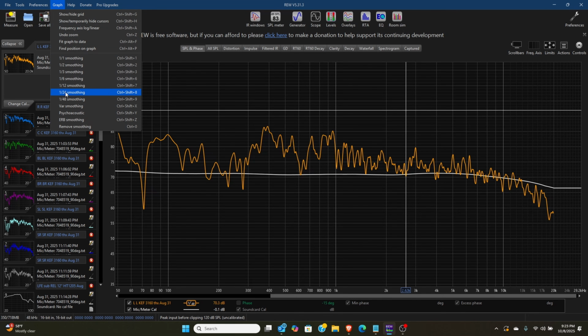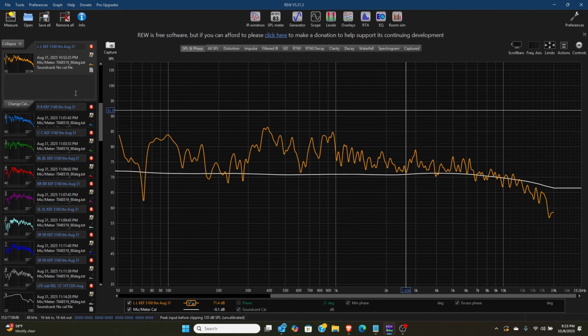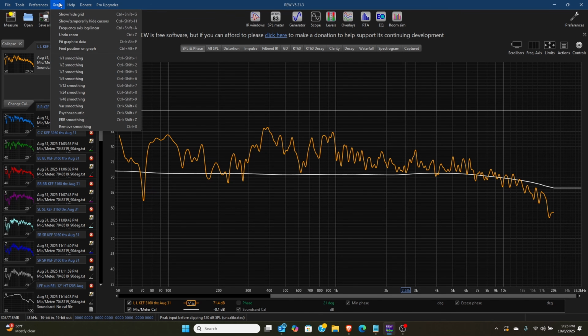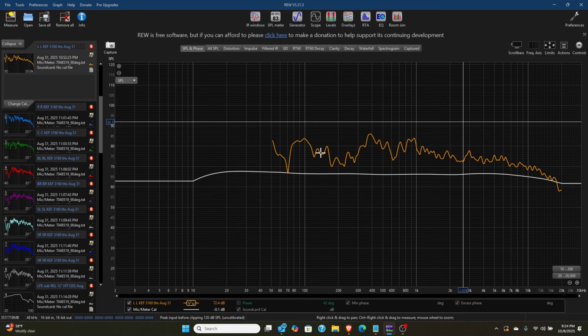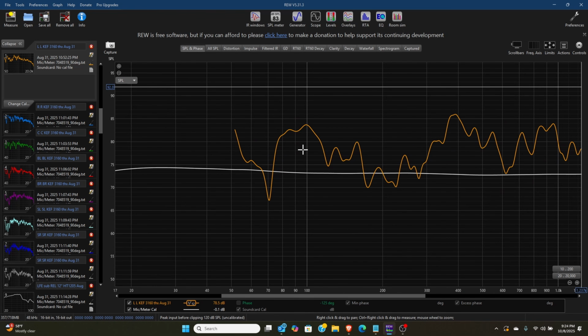I usually like to go anywhere between 1/24 or 1/12. Once you get into 1/1 to 1/6, it's kind of just too flat to do anything with. So I feel like 1/24 is a little bit too much information, so we're going to settle at the sweet spot of 1/12 smoothing. So once you've taken your speaker measurements, make sure you apply the same smoothing to all your frequency response graphs. And then when you're breaking this down, don't view it so far out. You want to get a difference of about 5 dB, and you want to be able to see that up close. So just simply scroll in,